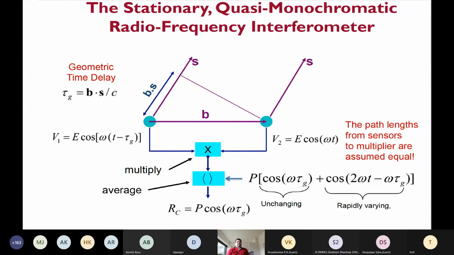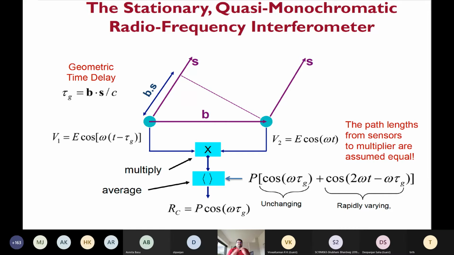Okay, let's move on because we're a little bit behind in time. So just to explain, this is the same principle. You have two antennas separated by a distance B, which is called the baseline in our terminology, and you are basically collecting the signals and correlating them. Okay, so that's the voltage coming out of that. So we will have one complex voltage correlation from every pair of antenna. So if you have n number of antennas, you have NC2 correlations for a single timestamp for a single frequency channel.